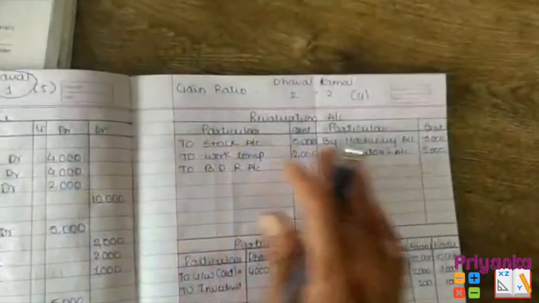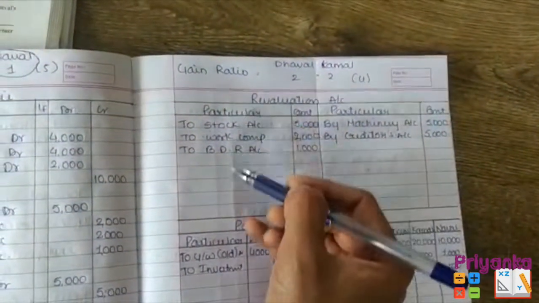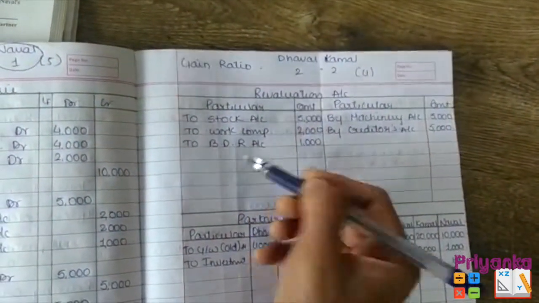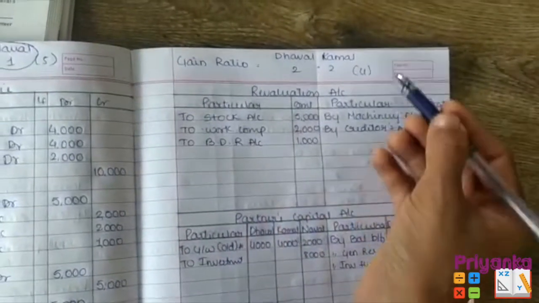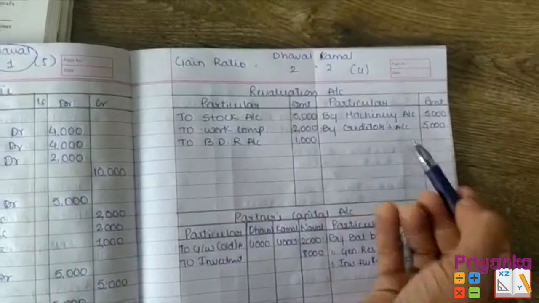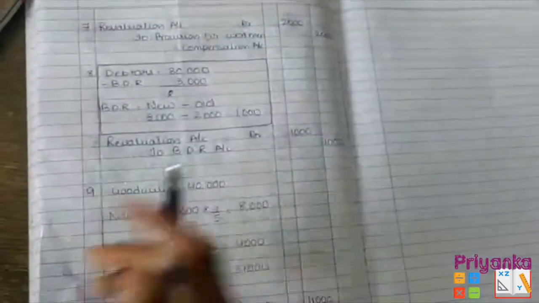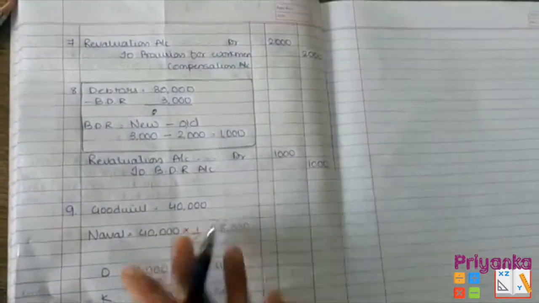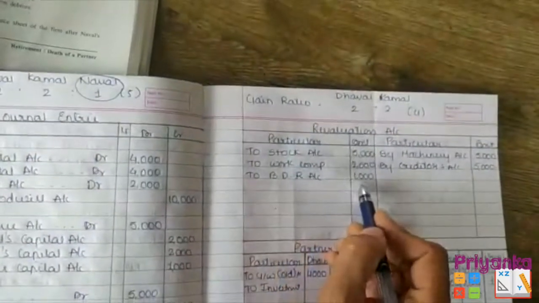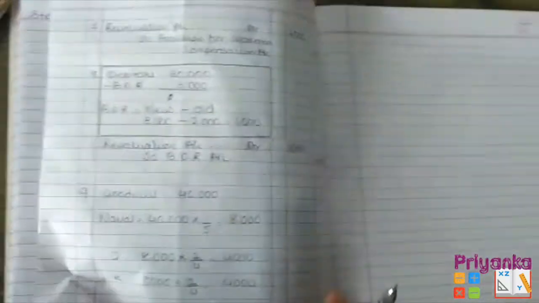And when you are giving in the revaluation account, debtors के related normally यहीं पे आता है. अगर negative answer आया तो ही यहाँ पे जाएगा bad debt reserve, and creditors rarely move to the debit side. Now here, after giving the journal entry, here I already wrote bad debt reserve 1,000, the difference of it.